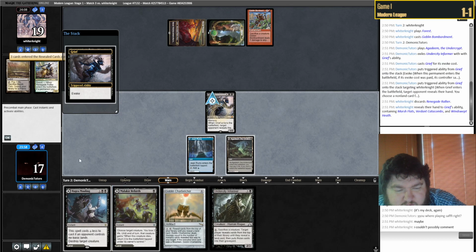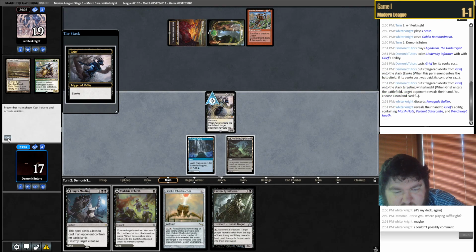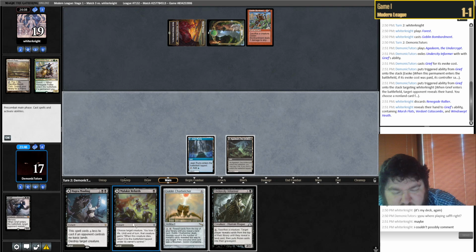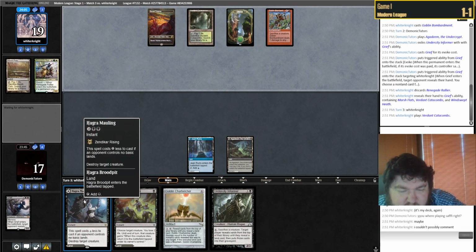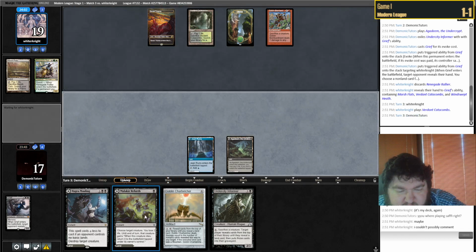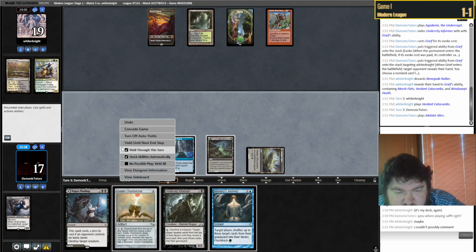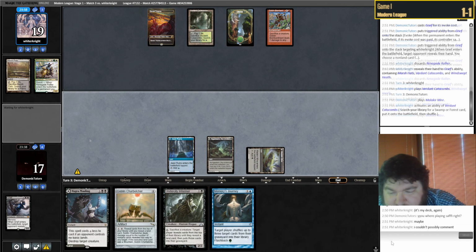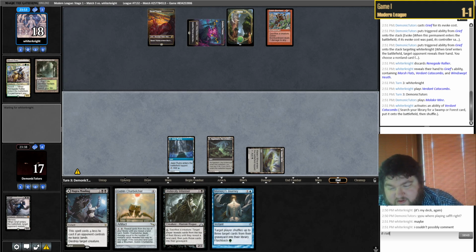I don't want to use the Rebirth, because they don't have anything in their hand. Shit. This was just stupid for me to play the blue first. I should have led with Hagra. Now I'm just like turns behind for no reason. Okay. If...